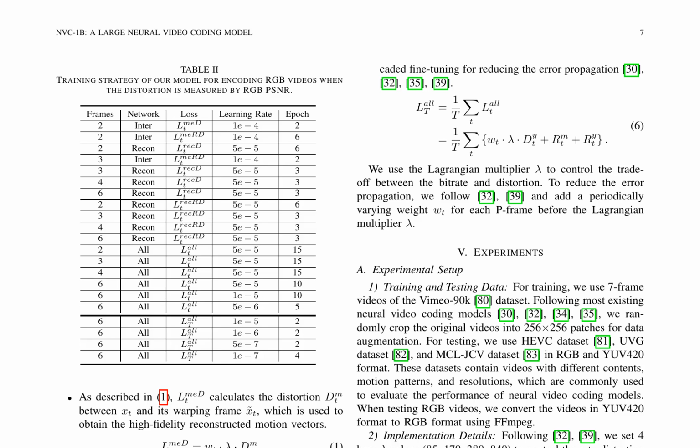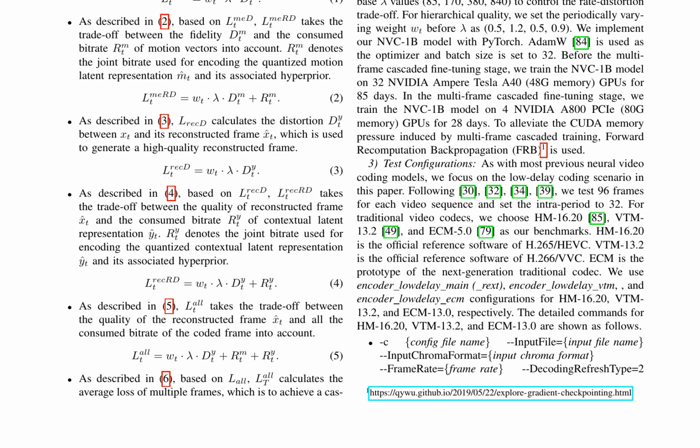The model is trained on 7-frame videos from the Vimeo-90K dataset and tested on HEVC, UVG, and MCL-JCV datasets in both RGB and YUV420 formats. The implementation utilizes PyTorch with the AdamW optimizer and a batch size of 32. Multi-frame cascaded fine-tuning is performed on 4 NVIDIA A800 PCIe GPUs for 28 days, leveraging forward recomputation backpropagation to alleviate